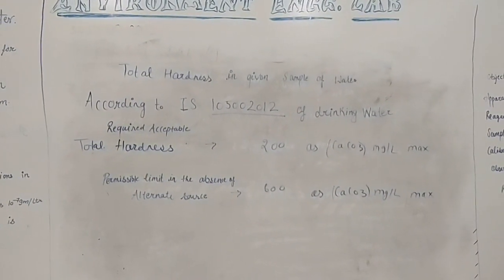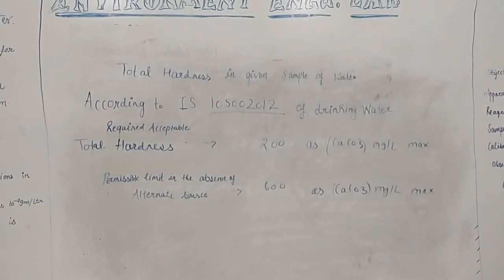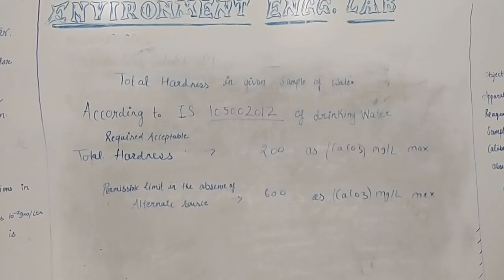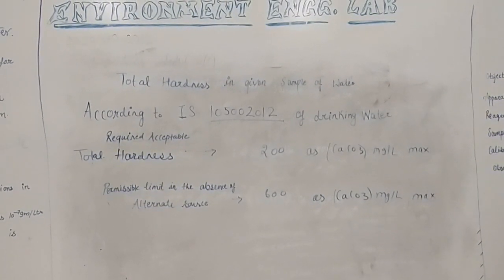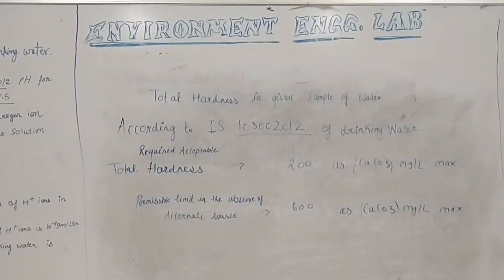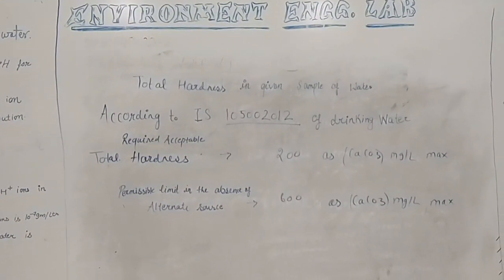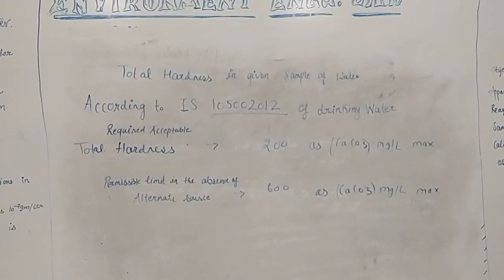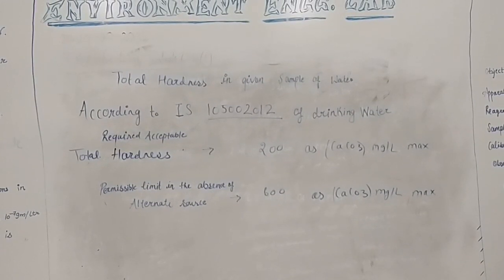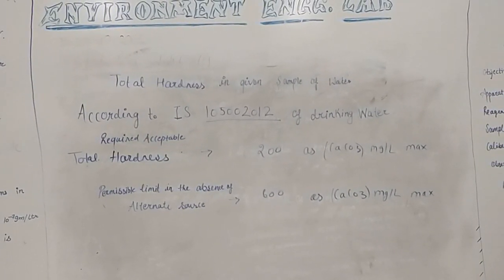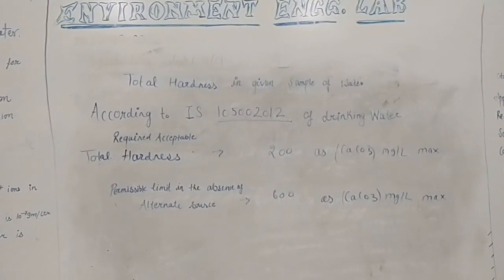What is the effect of hardness in water? Hardness in water causes scale formation in boilers, therefore it is undesirable. Hardness is objectionable for laundry and domestic purposes since it consumes a large quantity of soap. Hardness value also serves as the basis for routine control of softening processes.